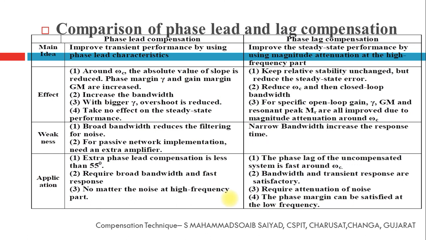So this is the comparison table for the phase lag and phase lead compensator. You need to just observe the gain bandwidth, the phase margin, gain margin, and stability. Okay, so by modifying the values of R1, R2 and C and the various configurations, we will be able to get this compensation.